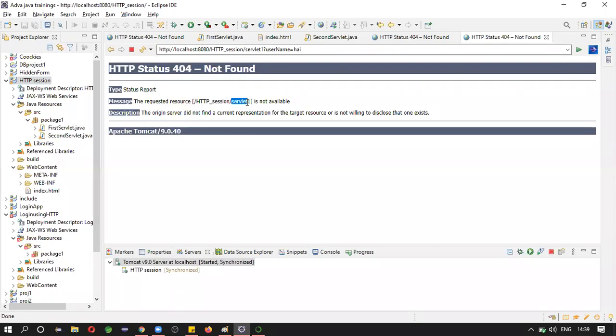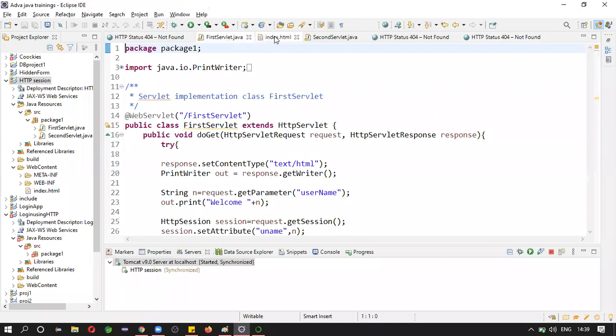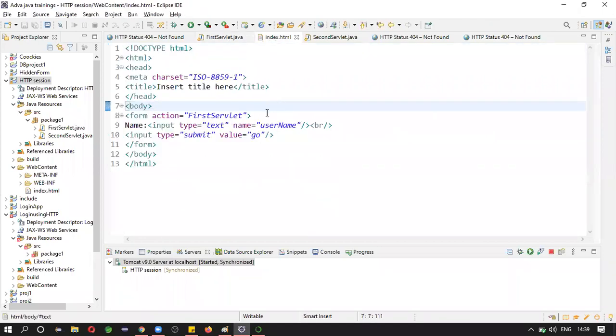Still it is trying to access servlet 1. So where is the error? First is servlet.